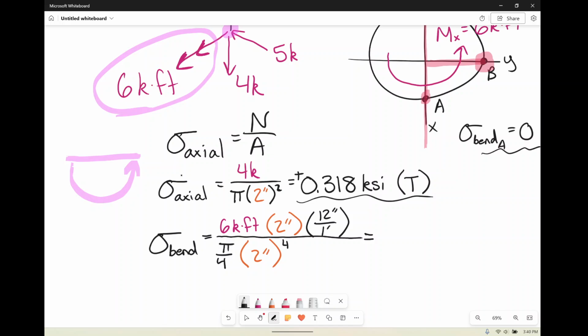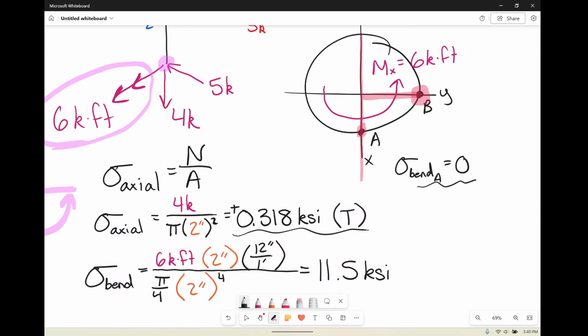Yay, so cool. So when we solve for that, we're going to get 11.5 KSI. However, that is not specifically at any point. That is just the maximum at B. Are we positive or are we negative? Since the arrow is going into B, if we're doing bending at B, this is going to be negative, right? This is actually in